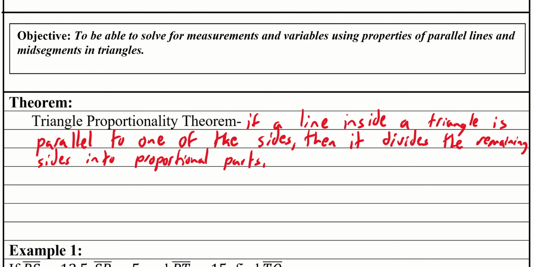Okay, if a line inside a triangle is parallel to one of the sides, then it divides the remaining sides into proportional parts. Okay, and this is one of these theorems where it's definitely easier to see an example of